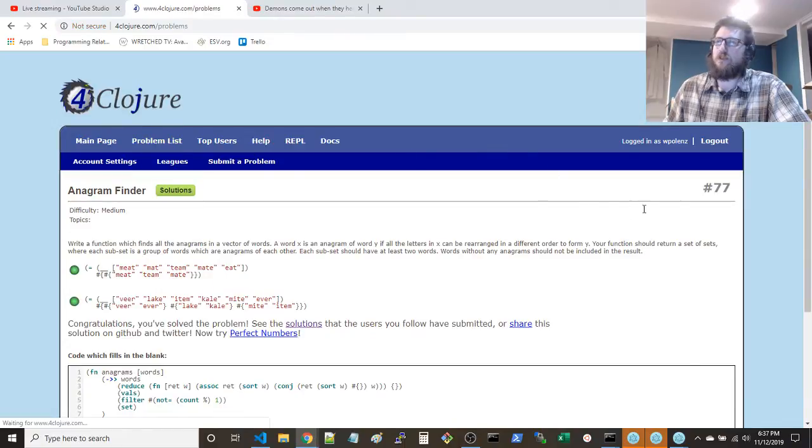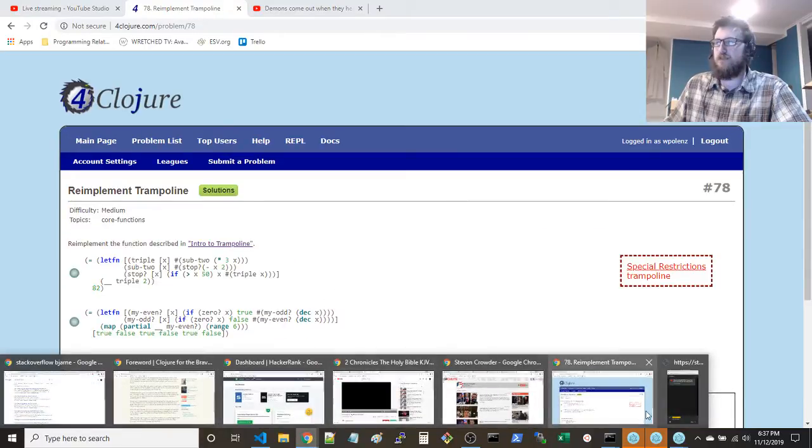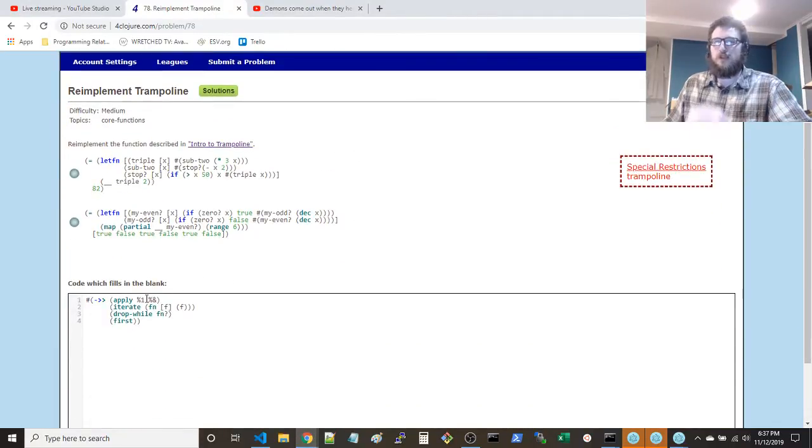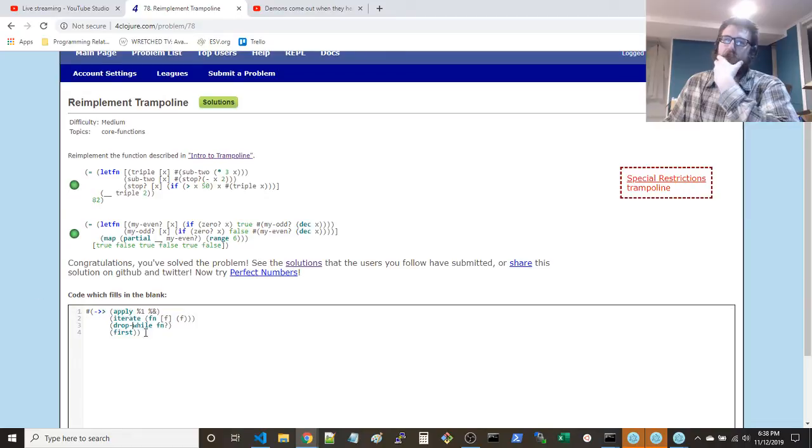That's a good time. So 78, we get right implementing trampoline. So this is kind of interesting. Now look at that. Isn't that concise? I think we talked about this too. So this is someone else's solution, but this is super interesting. So you gather the inputs. You have a function and a bunch of arguments, right? And then you apply this function to those arguments, and you get the result of that. And then what you're going to do is filter the result of that into this